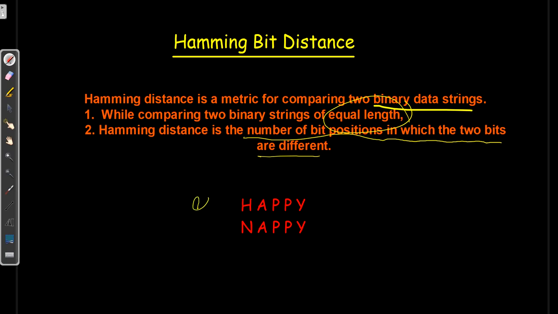Let's take an example where I have two equal length strings. So my first condition has been satisfied, and here the first string is "happy" and the second string is "snappy". Now if you compare both of these strings, you can see that there is one letter which is different in both of these strings. Here it is H, in the second string it's N, and the rest are the same for both of the strings. If it is different, it should be at the same position, as for H or N.